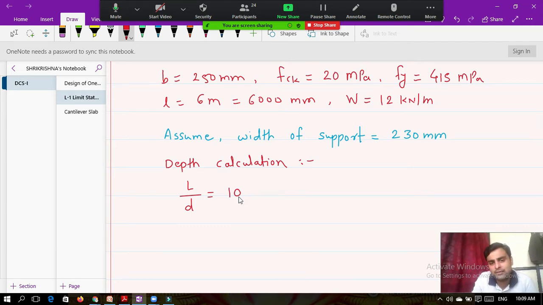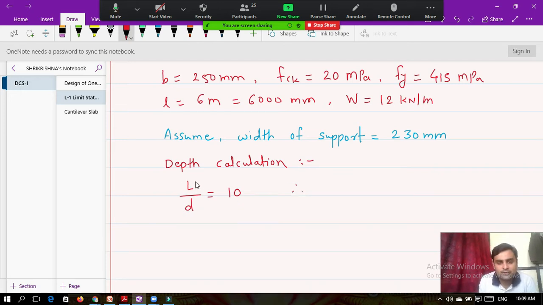Your check will be safe. But whenever you are practically designing the beam, and that design you need to provide on the site, then in that case L by D ratio must be taken as 15. Okay, so in our case we have taken L by D ratio as 10. So I will take that D to this side and 10 to the left hand side. So what do we get therefore?